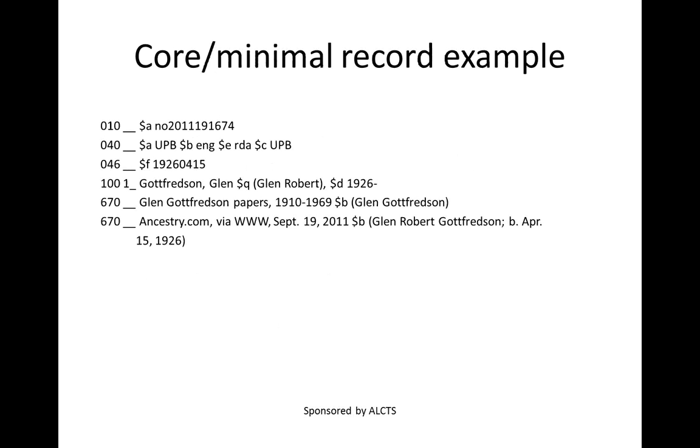So again, looking at how these different elements come together, the RDA core and DACS minimal requirements forming a brief authority record, it should be noted that unlike bibliographic records, authority records are currently not allowed to be coded as hybrids, so only RDA appears in the 040. It should also be said that there is far more that can be done with these records, although the core and minimal element set is what is shown in this example.